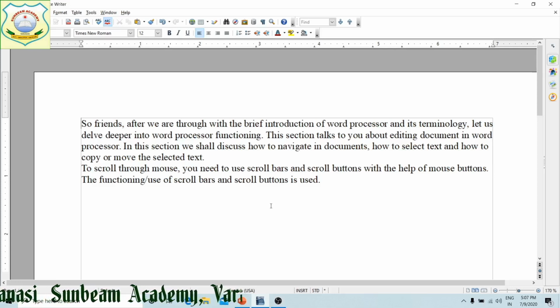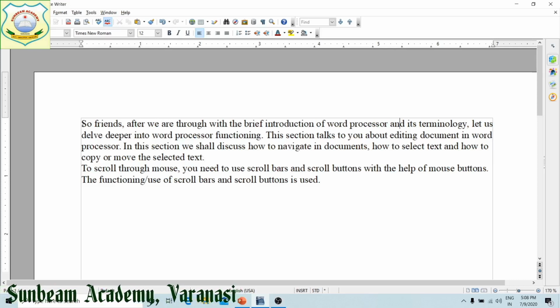Now see, the cursor has gone to the starting of the document, which means it moves towards the beginning of the document. If I use Control End, what will happen? It will go to the last of the document. Control left arrow key will move one word. Now you can see word wise it is moving towards the left hand side. Control left, Control right, word wise it will move towards the right hand side. This is the movement of your cursor on your document.